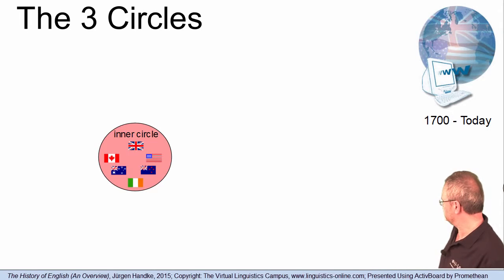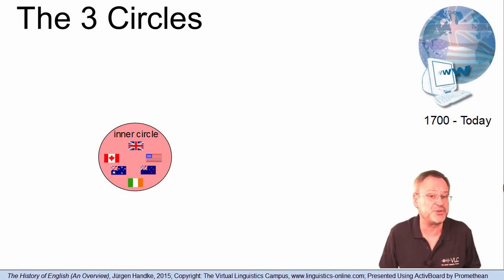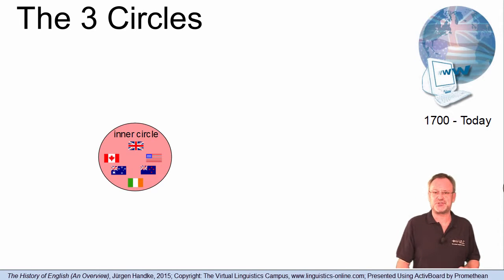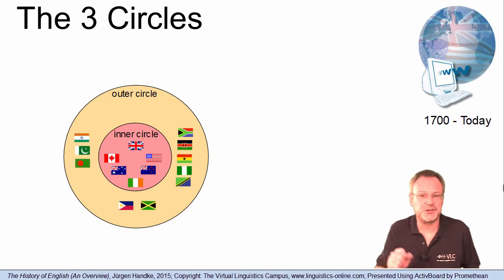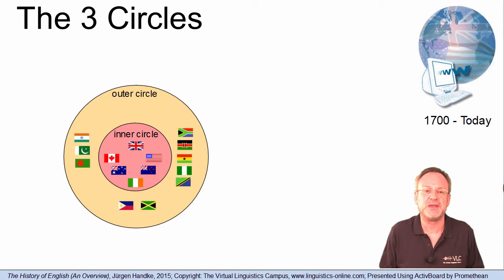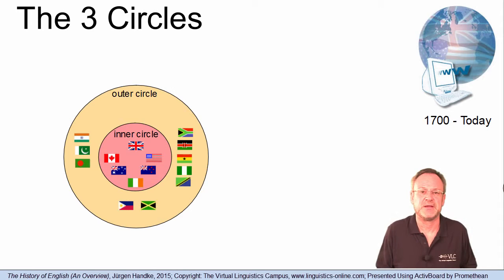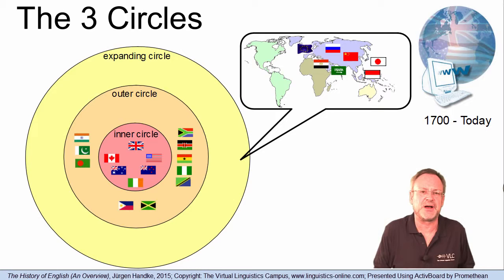The inner circle refers to traditional historical and sociolinguistic origins of English, where it is used as a first or native language. The outer circle includes countries colonized by Britain and the United States, where English is spoken as a second language and where it plays an important historical and governmental role in multilingual settings. The countries in the expanding circle did not institutionalize English as an official language, but recognized the importance of English as a foreign language.